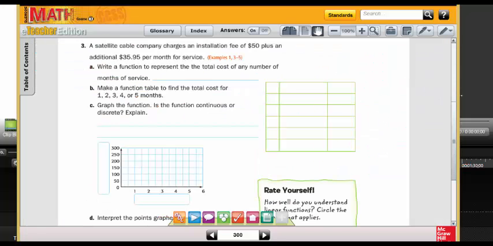Problem number 3. We have a satellite company, cable company, charges an installation fee of $50 plus an additional $35.95 per month. Key words here are per month. So that should tell us that that's going to be our slope. So we need to write a function to represent the total cost of any number of months of service. So months is clearly our input, so let's label this. And our output is going to be cost, so we'll use C. So we've got C, our cost equals